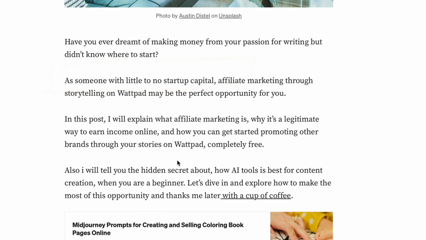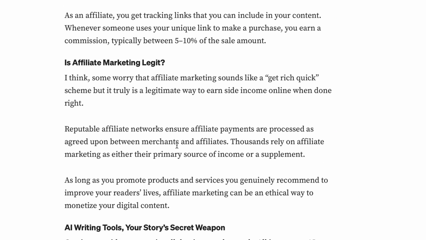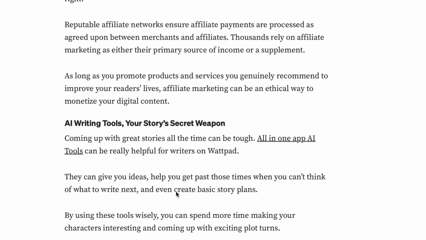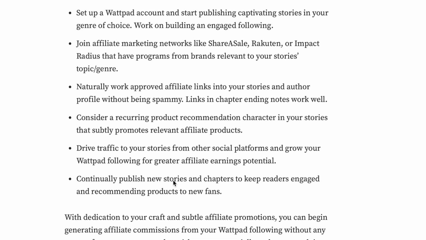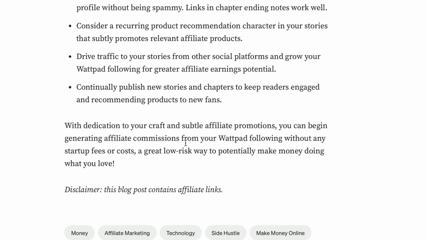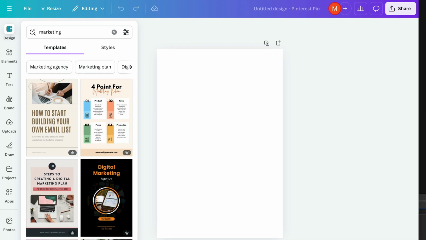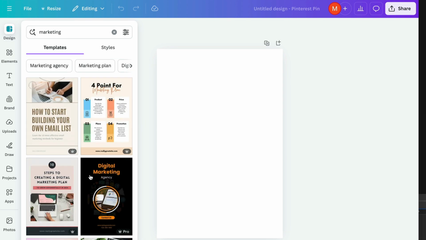Now, when you create your content on Medium, take a small section of this content, okay, so one nugget, one little gem, and then you turn that into a meme. Let me show you what I mean. So let's take one of the benefits. Okay, so let's say we take this bit. So a great low risk way to potentially make money doing what you love. So we take that, just that sentence, and then we head over to Canva, and we turn that into a